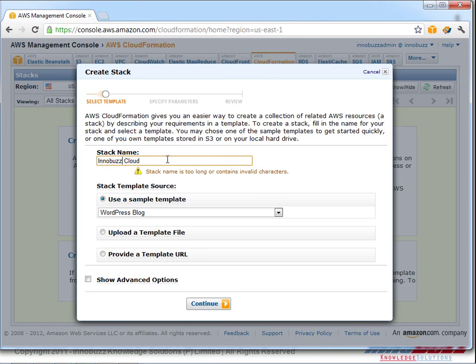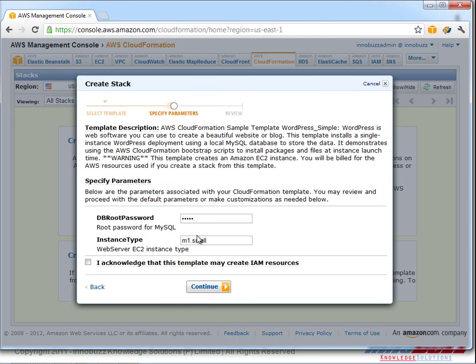It says it's too long, so let's give a smaller name, and let's click continue. Now it's asking for the database root password. As we know, WordPress needs the database to be configured to work. So we have to enter the MySQL database root password over here. So I'm going to give a root password,